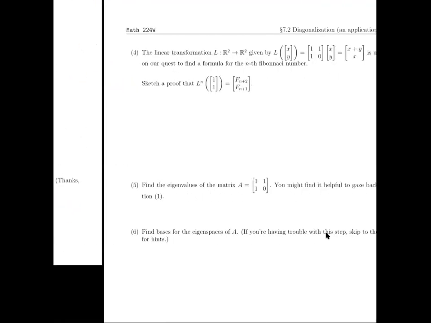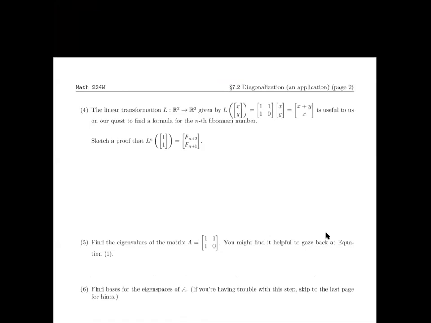Let's get to the linear algebra. Okay, here we go. We've got a linear transformation given by this matrix multiplication. It takes the two entries in our vector and adds them together. That's our new first entry. And the second entry in our vector, it just moves the first entry down to the second entry. We did this in class. We looked at what happens when we repeatedly apply our linear transformation,